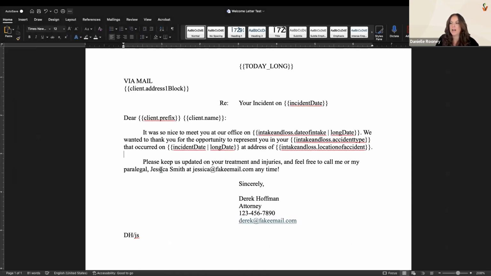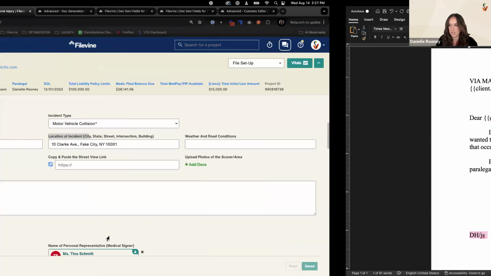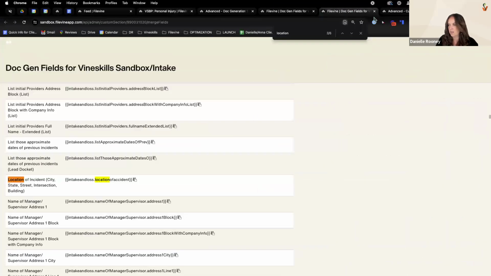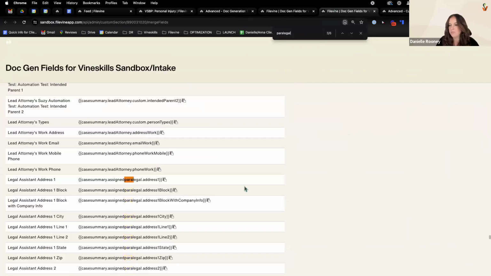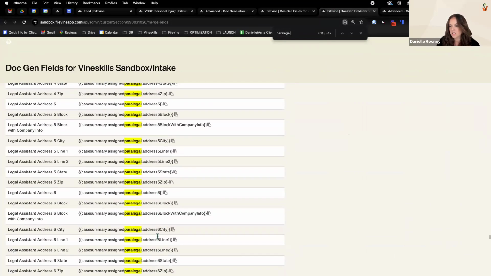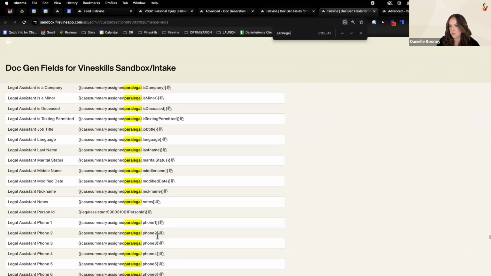And then finally, we have some team-specific information, right? So we have our paralegal, their email address, or attorney, email, phone number, and then down here we have some initials, which are typical of letters. So in our DocGens here, we can go ahead and look for our paralegal. Here we have legal assistant, but I'm going to go down to,